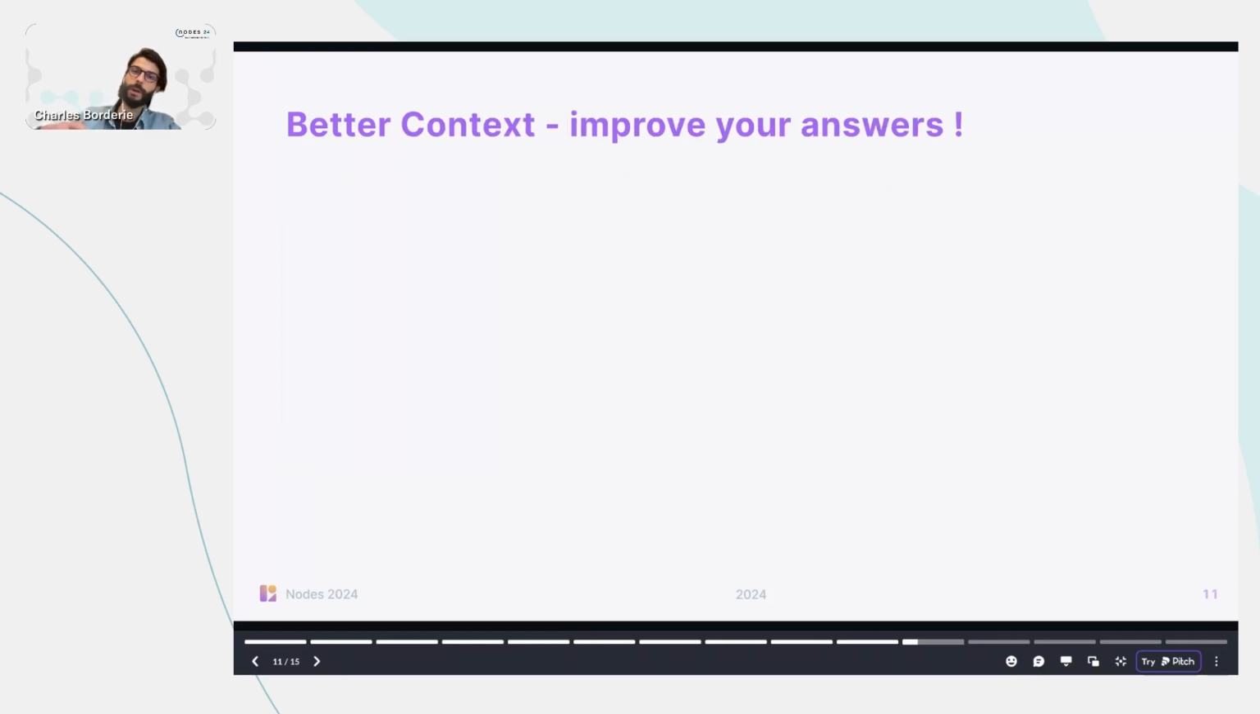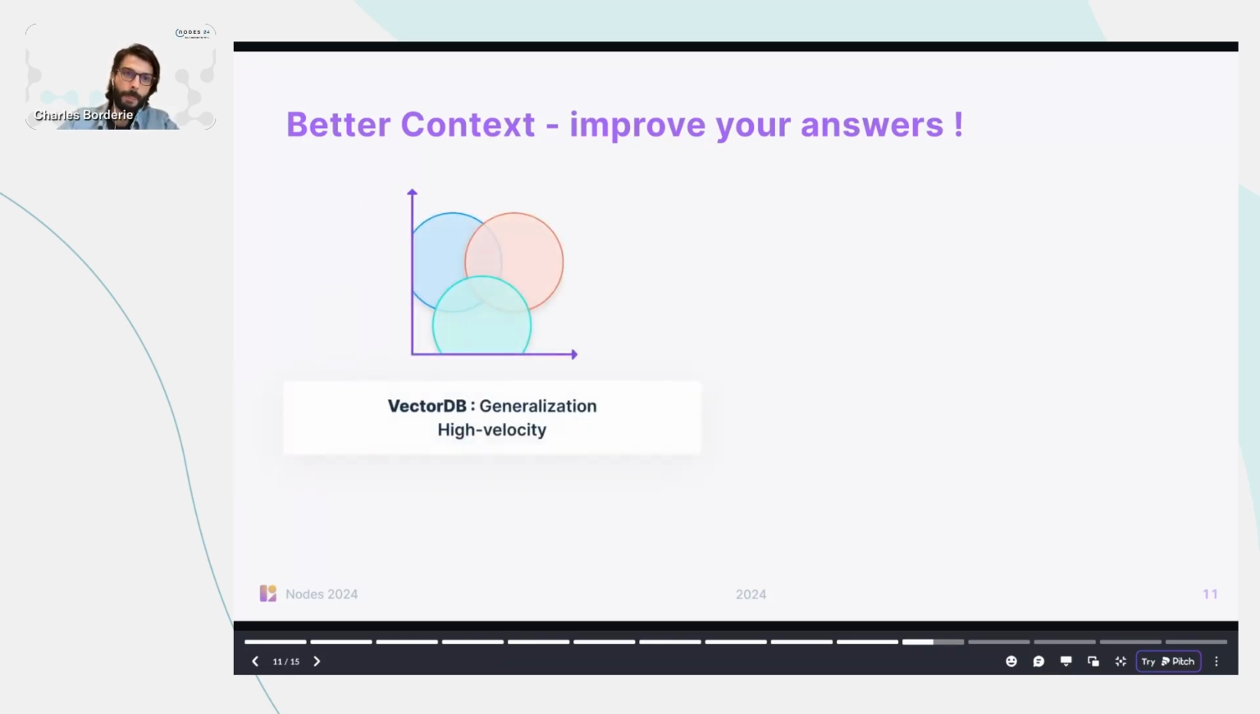I'm going to talk also about the context, because of course, if you're not retrieving the right information, then you're not feeding the right information to your LLM, and then of course the answer as an output would be misleading. So the very